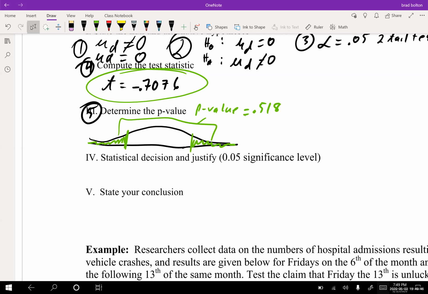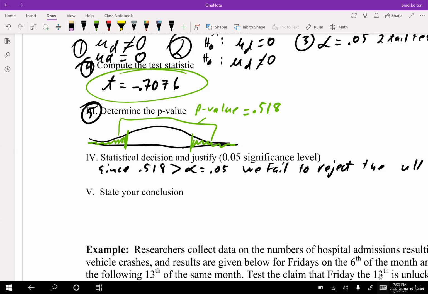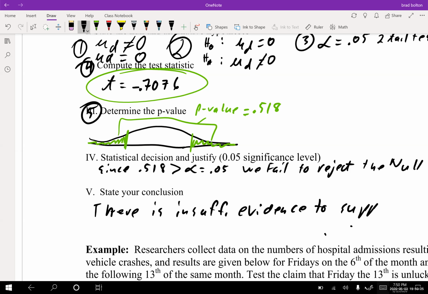And we say, since 0.518 is greater than alpha equals 0.05, we fail to reject the null. So our conclusion is there is insufficient evidence to support the claim